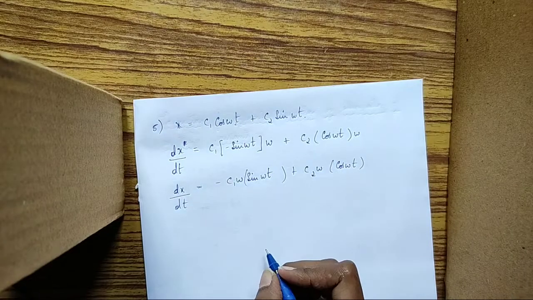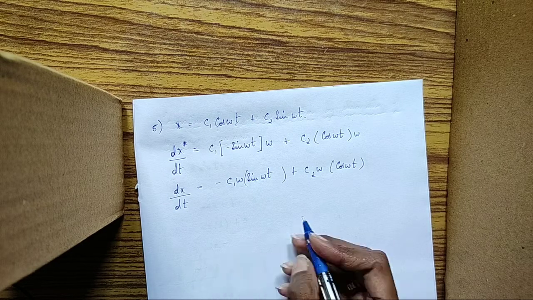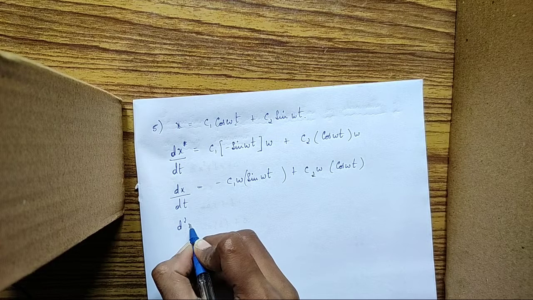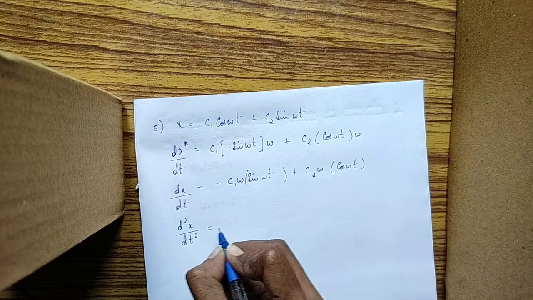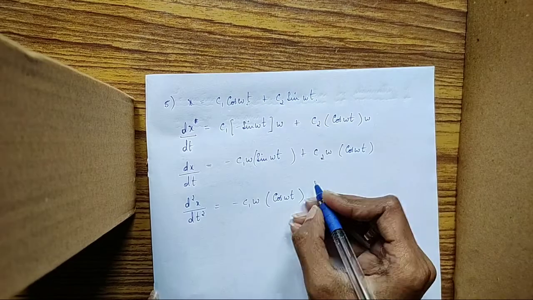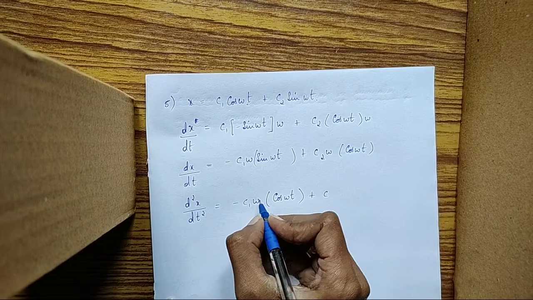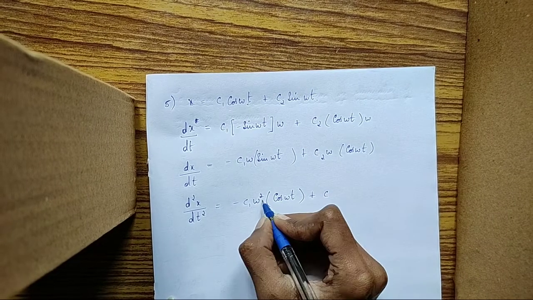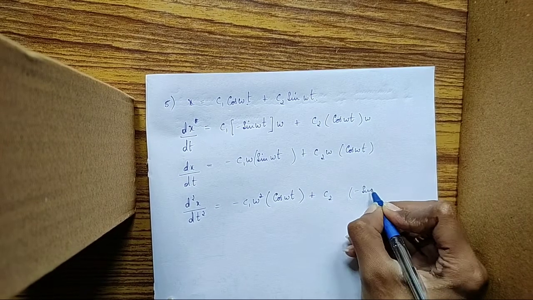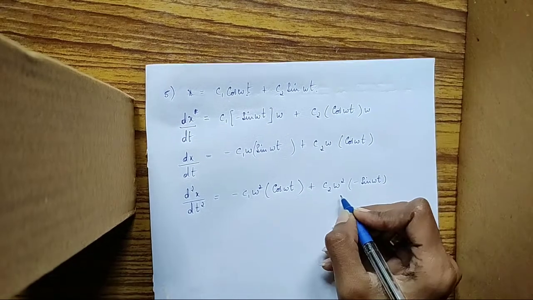So we have two constants, so we have to take the second derivative also, right? We will differentiate this once again. The second derivative of dx/dt is d²x/dt². So you have minus c1 omega, and differentiation of sine is cos, plus. Differentiation of omega t is again omega, so I will directly write it as omega squared here. For c2, here also, cos differentiates to minus sin omega t, into differentiation of omega t, which is omega again, so this becomes omega squared.